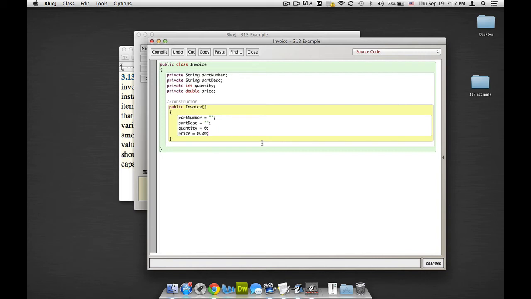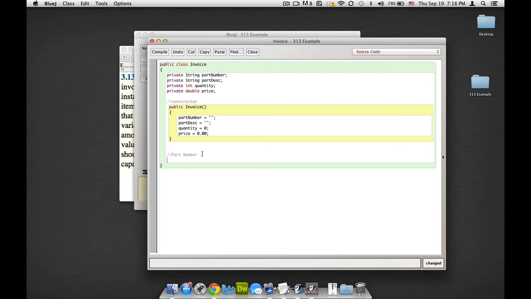But now the question wants us to be able to set and get part numbers, part descriptions, quantity, and price. So we're going to go ahead and do that now. I'm going to enter down, and we're going to work on the part number first, in order to get and set it. So I'm going to go here and put part number just to be easier to read. And then we're going to start with being able to set the part number. So if you look back to question 11 and 12, we're going to set it up exactly the same way,